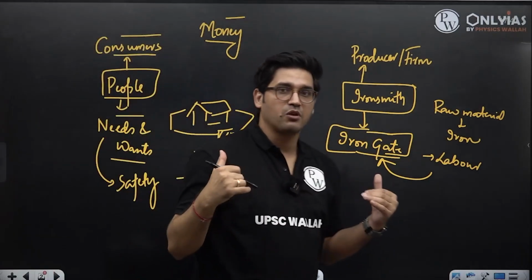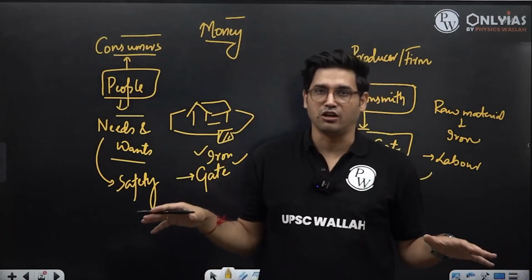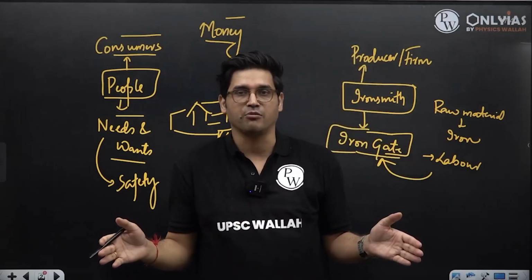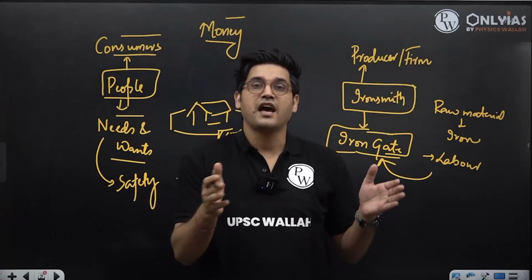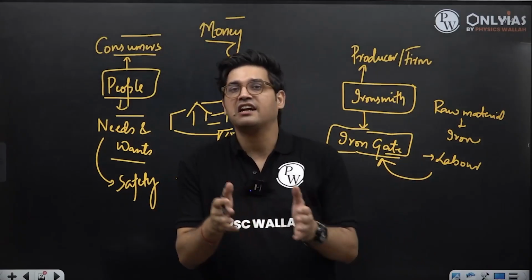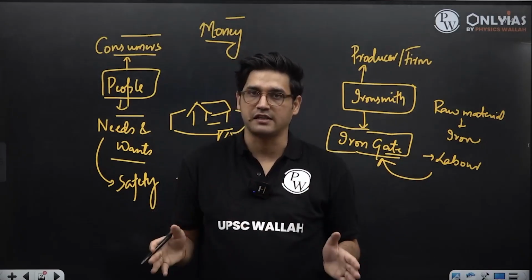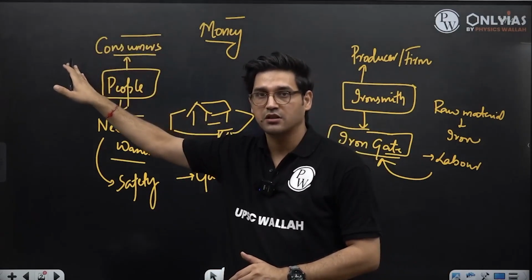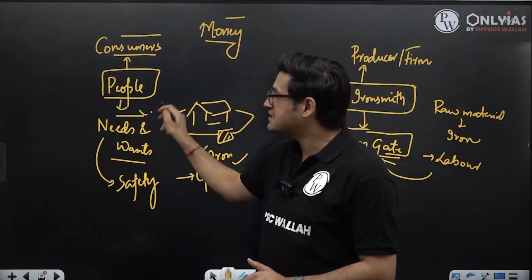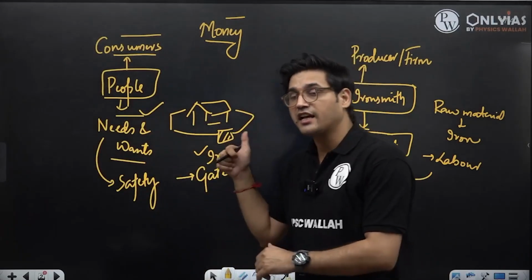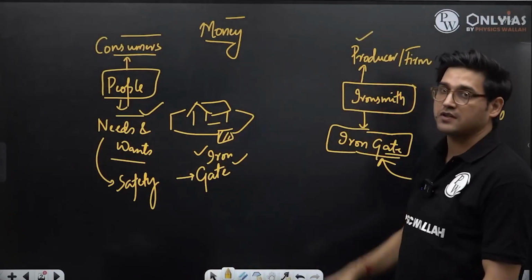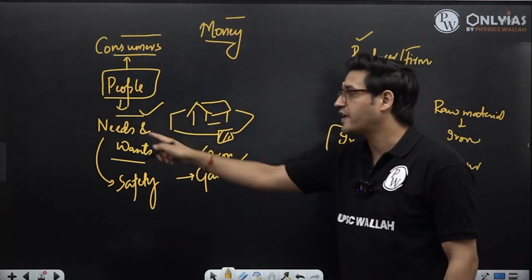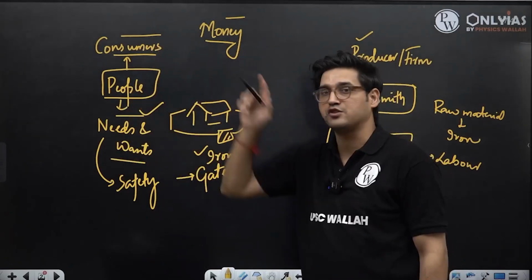From this example, what we know is that in the economy, when you look at the various people involved in this economy, basis their role in the economy, we can classify them into multiple agents. One economic agent is what we call consumers. Consumers have needs and wants. The other economic agent is called producers. Producers build those things which will satisfy the needs and wants of consumers.